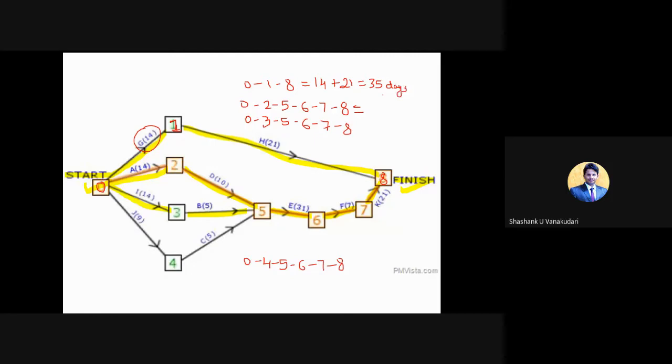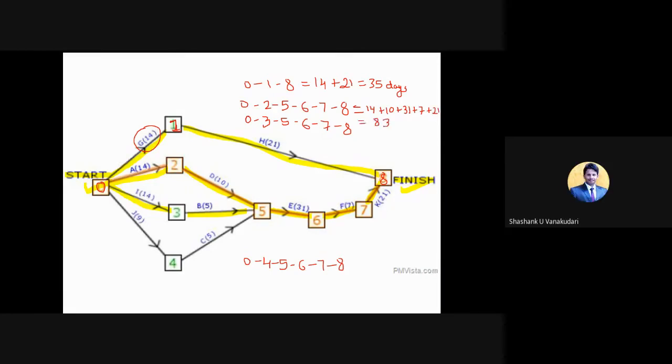And similarly for 0 to 2 here, it is 14, and then 2 to 5 it is 10, and 5 to 6 it is 31, and then 6 to 7 which is 7 days, and then 7 to 8 which is 21. You just add these numbers. How much? 83 days. Very good.